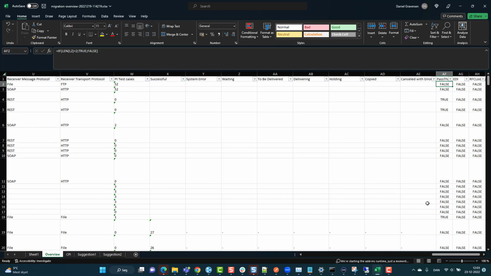Then here at the end, I've added some custom fields. I've added a pass-through, where I just check the length of the operation mapping. For the EDI, I'm checking if the modules contain a converter. For the RFC, I have just asked if there's an RFC function in this mapping parameters function. And this is the way we have been going through this. You can easily create a